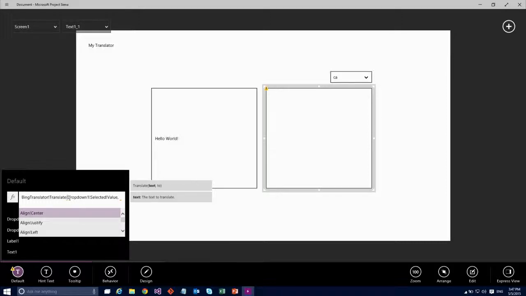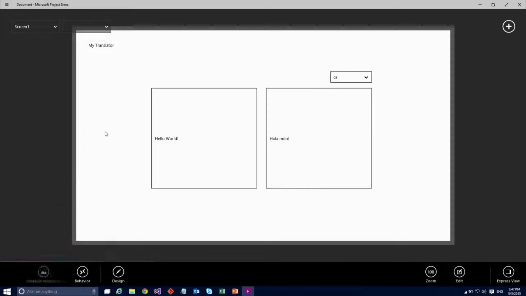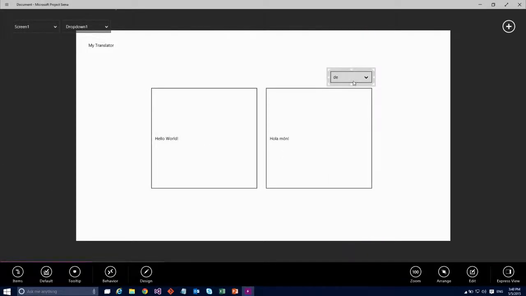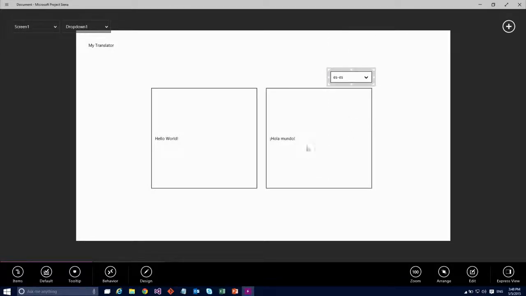The text I want to translate is coming from the first text field that I dropped in. And then the language I want to translate into is from the dropdown. See, it doesn't matter how many times you build this, you still use the IntelliSense. It's just like everybody else. So there you go. Hey, I didn't even realize it was translating before I was even done. So if I want to go into German, anything like that, you can see that it calls out.